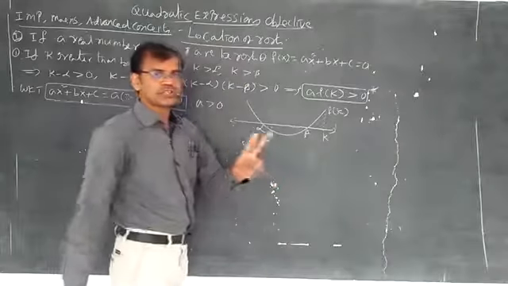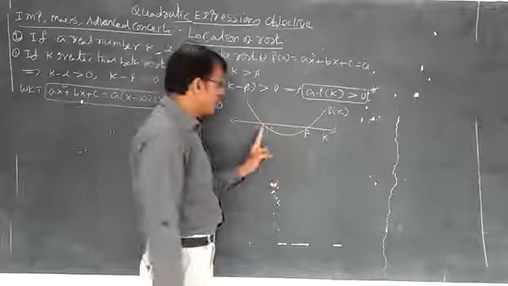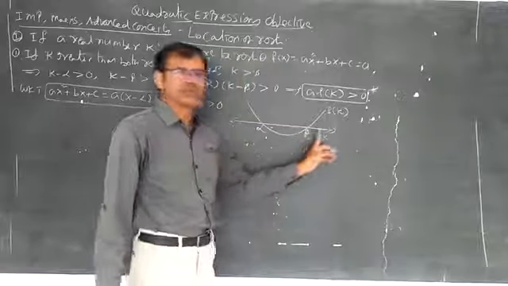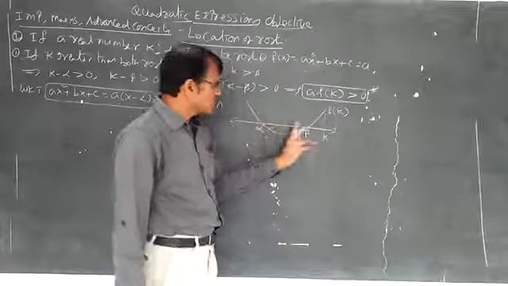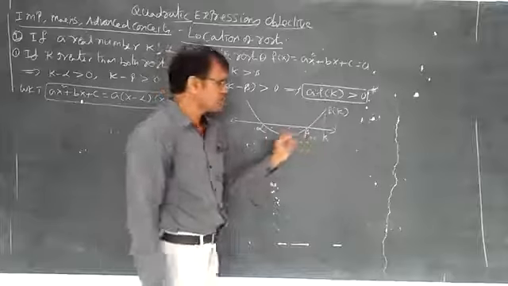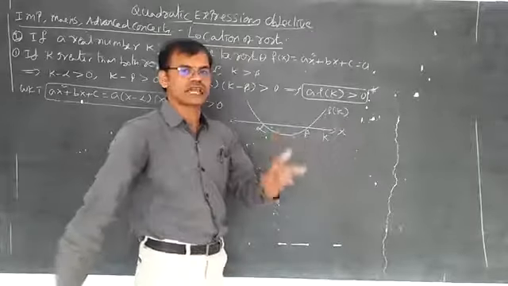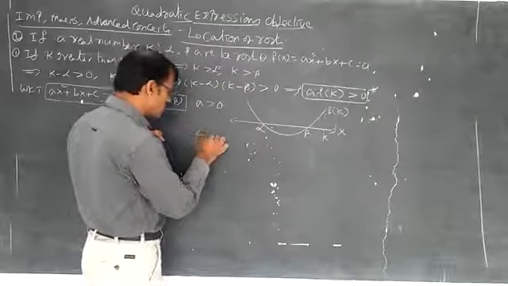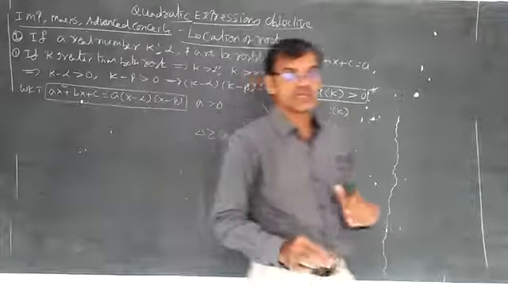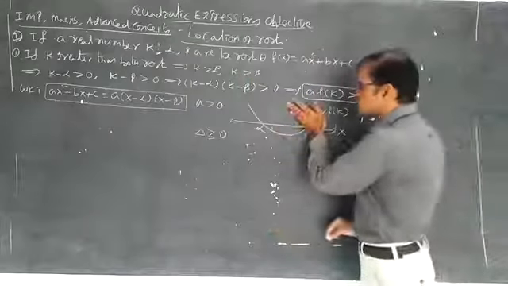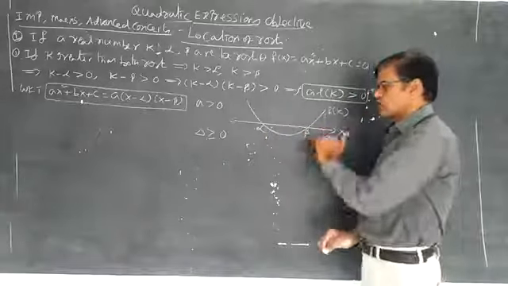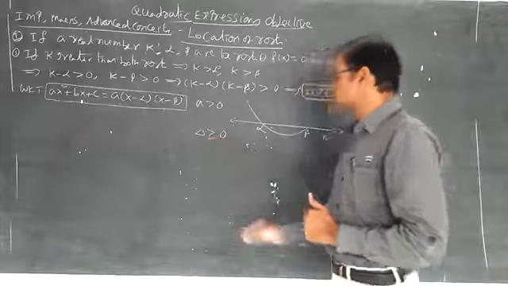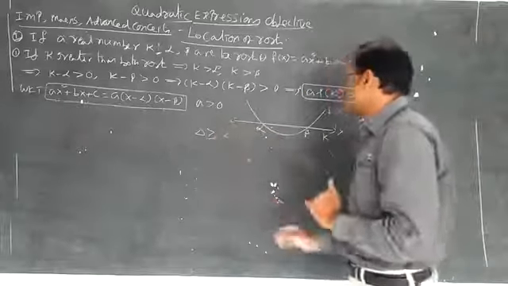Alpha and beta are two distinct roots of the quadratic equation. Whenever alpha and beta two distinct roots are there, the quadratic equation graph is always in the shape of parabola. The parabola intersects in two distinct points of the x-axis. Whenever a graph intersects x-axis, that is called point of intersection. Here condition is a greater than 0, you can write delta greater than or equal to 0, because there is a chance for the parabola to touch the x-axis. Whenever it is touching, there will be only equal roots. Equal root concept is delta equal to 0. So a greater than 0, delta greater than or equal to 0 is also there.